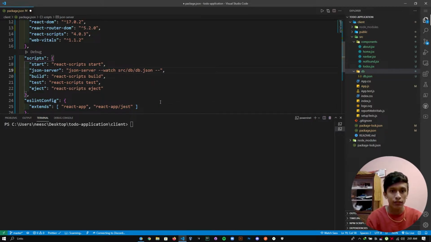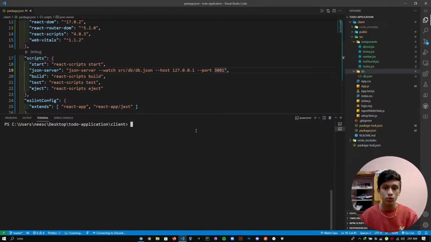So --host, which is 127.0.0.1, that basically means localhost but in the IP format. And --port, let's specify the port 3001. If I save and go to the terminal and hit npm run json-server,